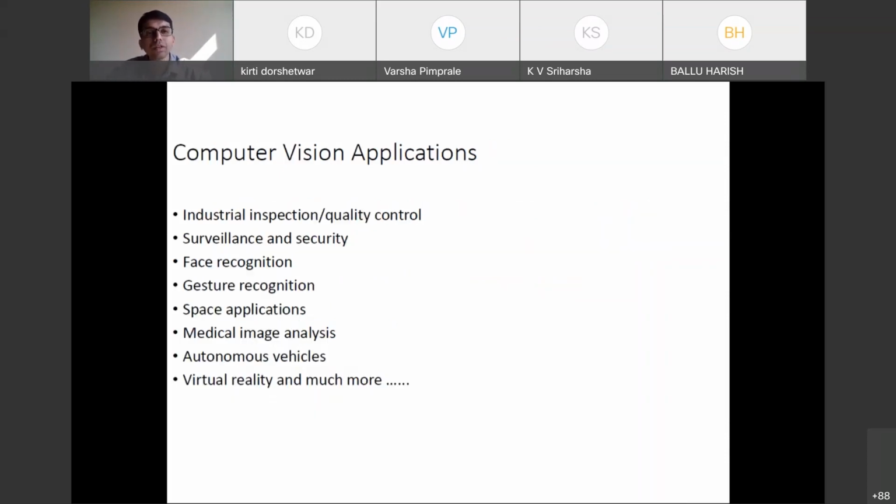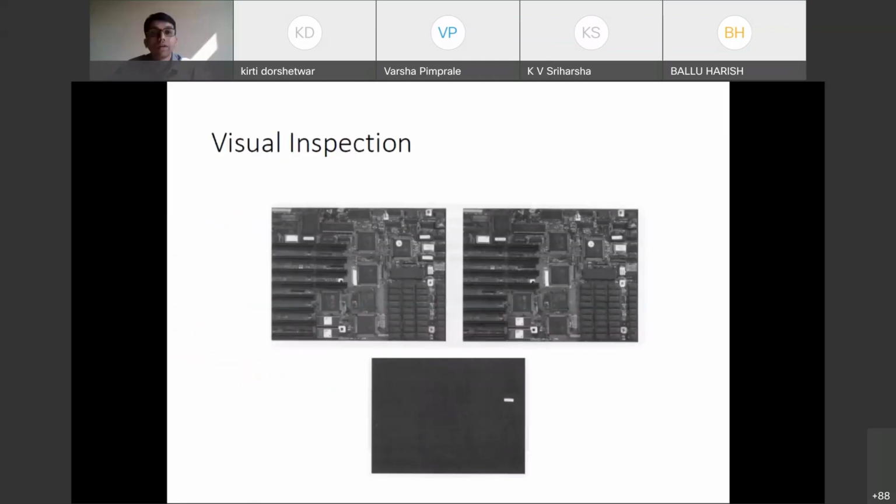So where exactly can you use these computer vision applications? They are in industrial inspection, quality control, surveillance and security, face recognition, gesture recognition, space applications, medical image analysis, autonomous vehicles, virtual reality, augmented reality, and many more. Nowadays, we are in the world of augmented reality. From visual inspection, can we tell, if I give you an image of a motherboard having multiple ICs, maybe processor, RAM, IO peripherals, or keyboard controls,